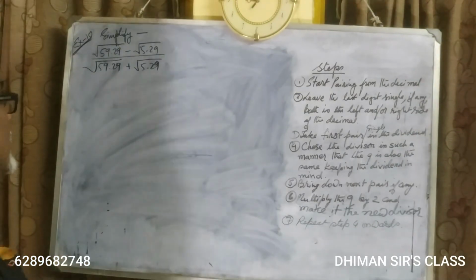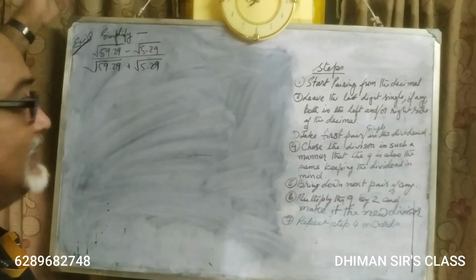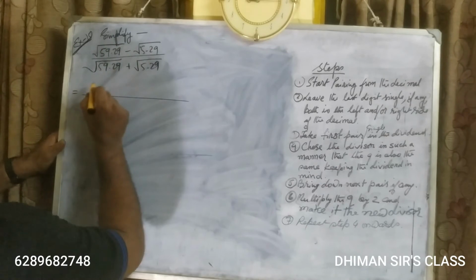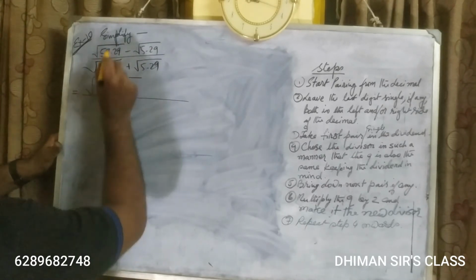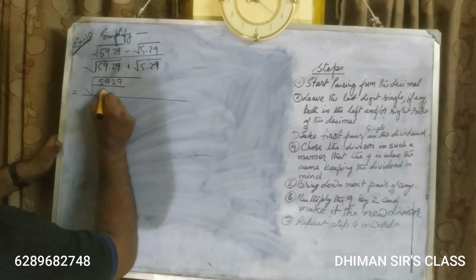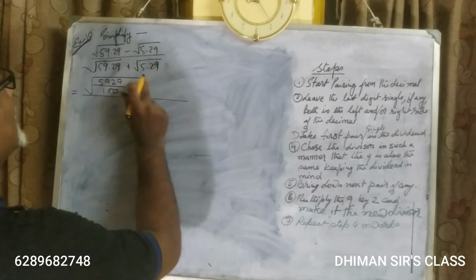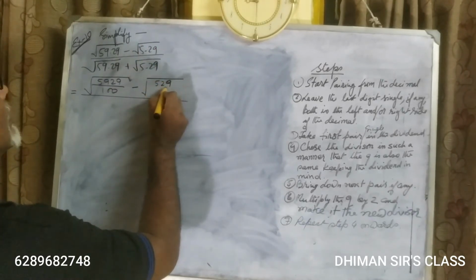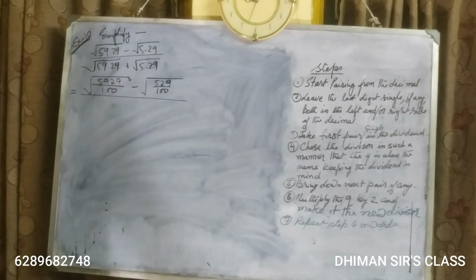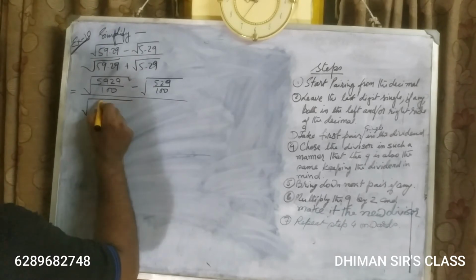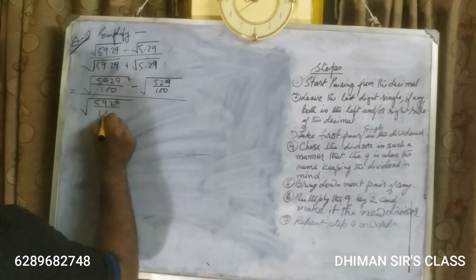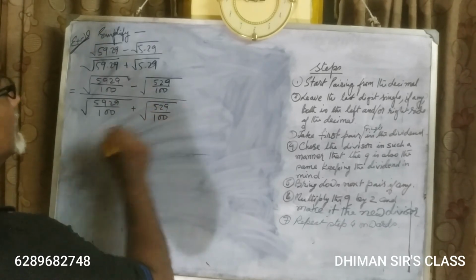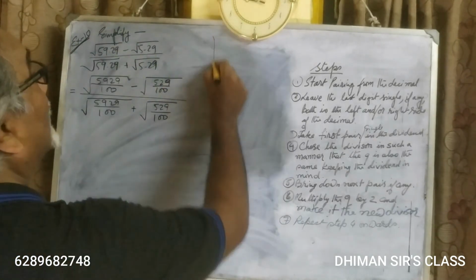Now, students, in this video, this is the last example. Let us see: 50 root over 59.29, which means 5929 by 100. Okay. Then minus 5.29, 529 by 100. Correct? Same thing. 5929 by 100 plus 529 by 100. Clear? So now in rough we need to,